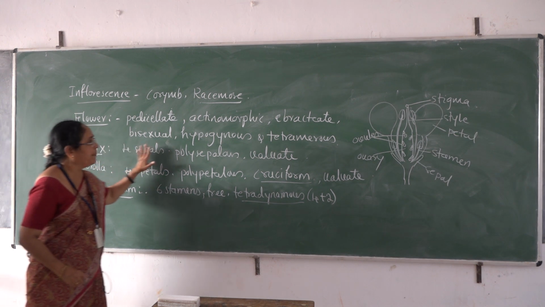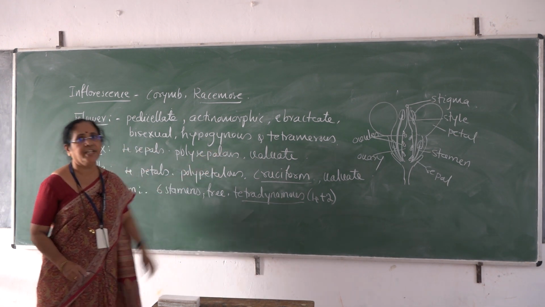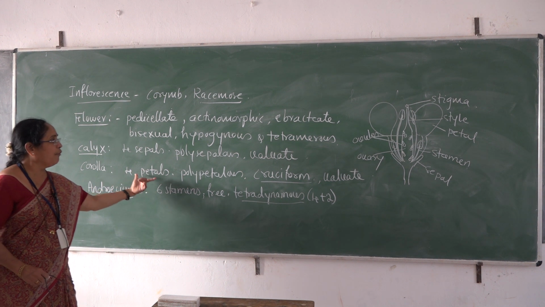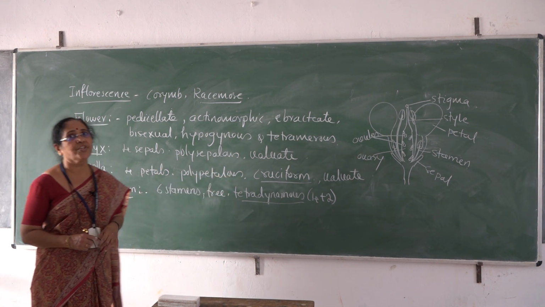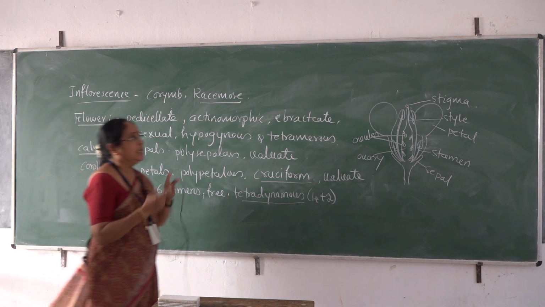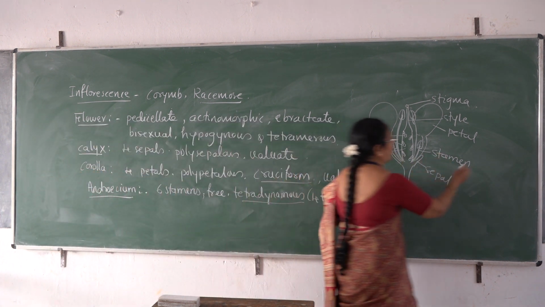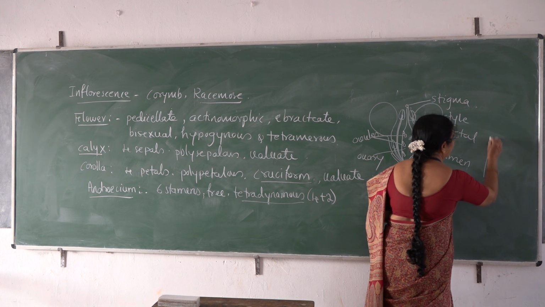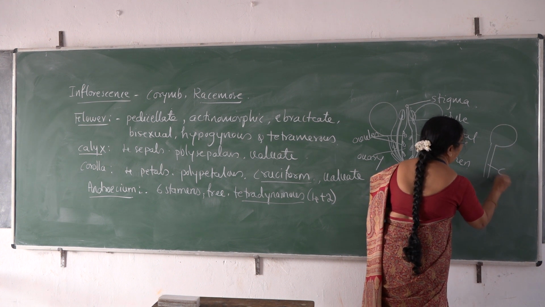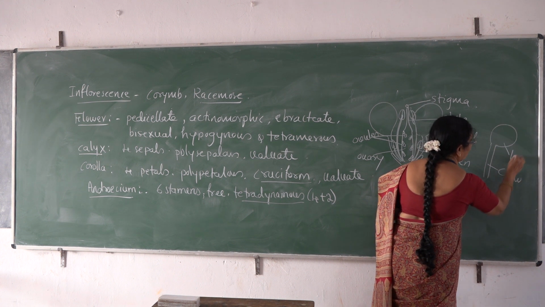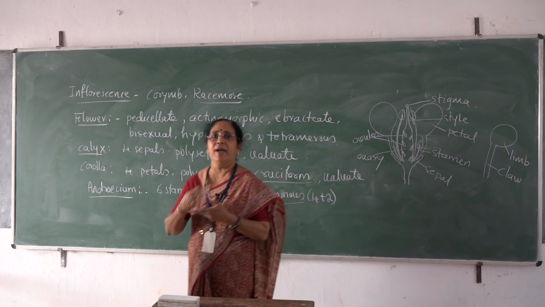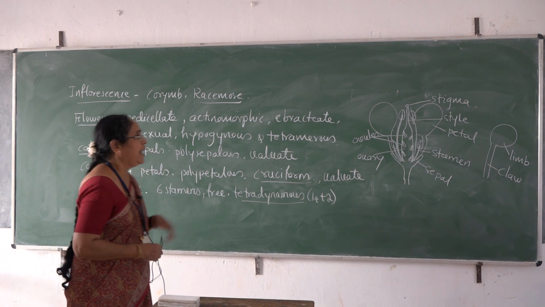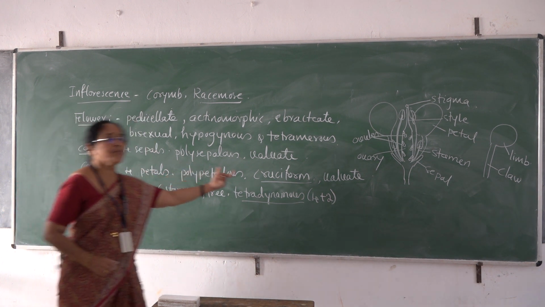Calyx made up of 4 sepals which are polysepalous with valvate distribution. Corolla made up of 4 petals, polypetalous, cruciform in shape with valvate distribution. Cruciform because the petals are clawed in nature. If you take out one petal of this family member, each petal is provided with a claw, and this is called a limb. The petals are clawed in nature. They are diagonally placed like the arms of a cross, and hence it is called the cruciform shape.